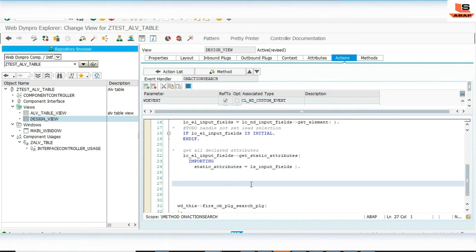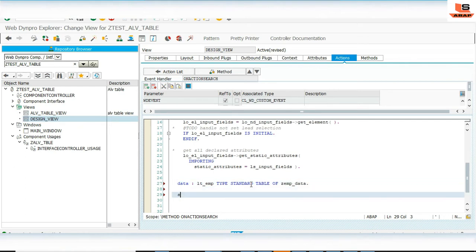We just need to select the data, so let's define data lt_emp type standard table of ZEMP data. This is the table from which we are going to fetch the data.